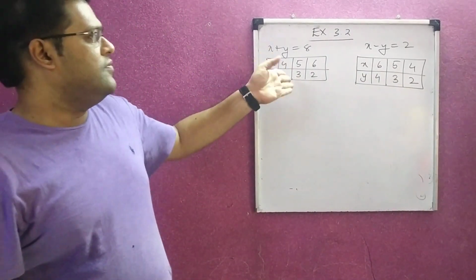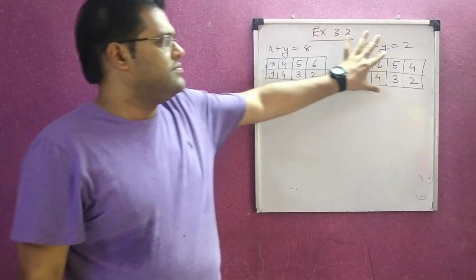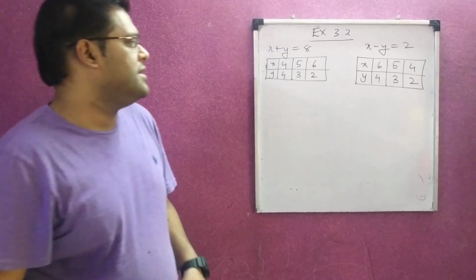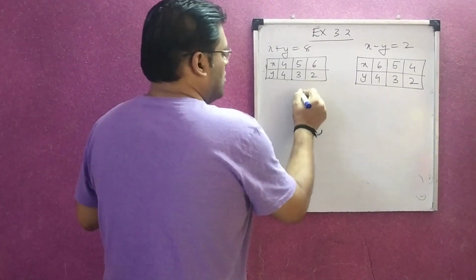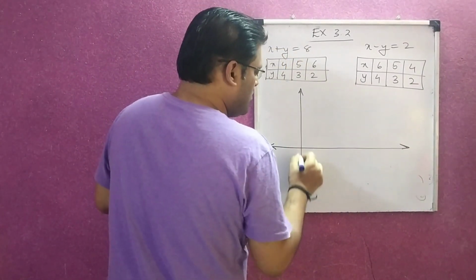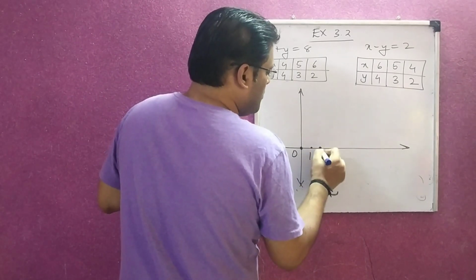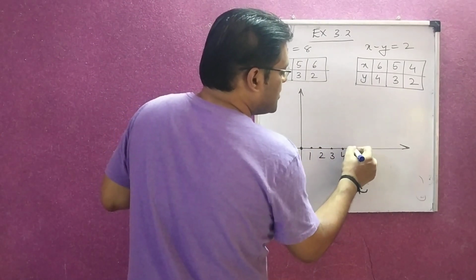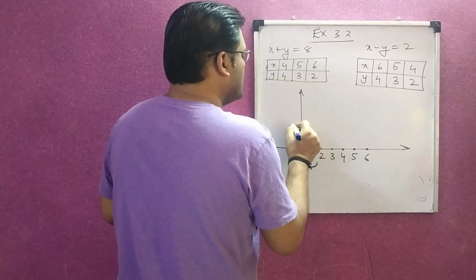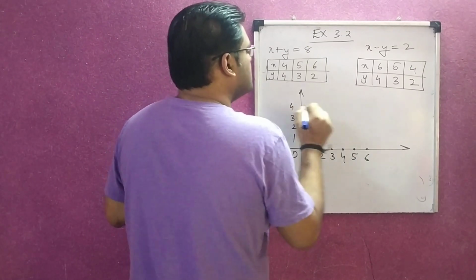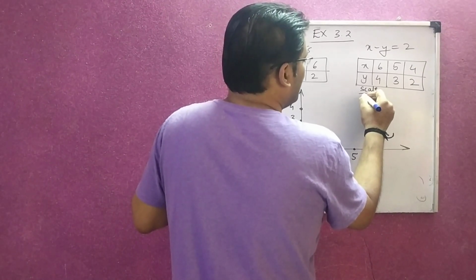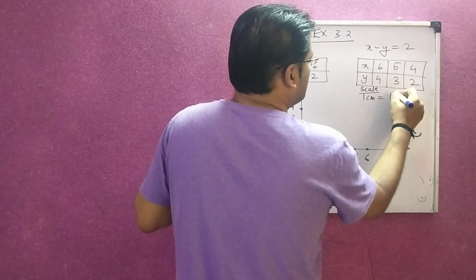Now, if you see in both the tables, there is a common value 5, 3. So it is obvious that our intersection is going to happen at 5 and 3. So let us now plot the graph. Maximum value for x is 6 and maximum value for y is 4. So I am going to mark it up to those respective numbers. When I want to write the scale on x and y axis both, 1 centimeter is 1 rupee.